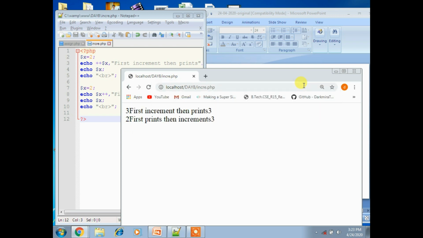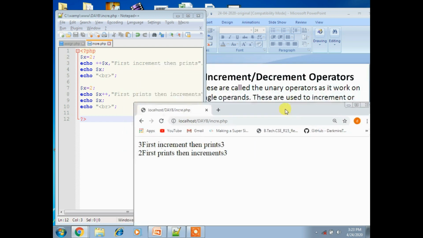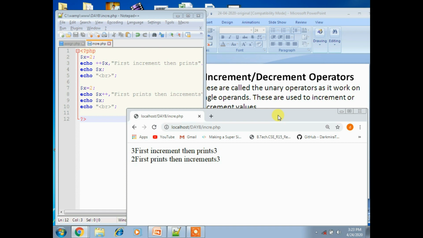Press enter, we'll get the output. The first one increments first, then prints the value. The second one first prints, then increments the value. That is pre-increment and post-increment.